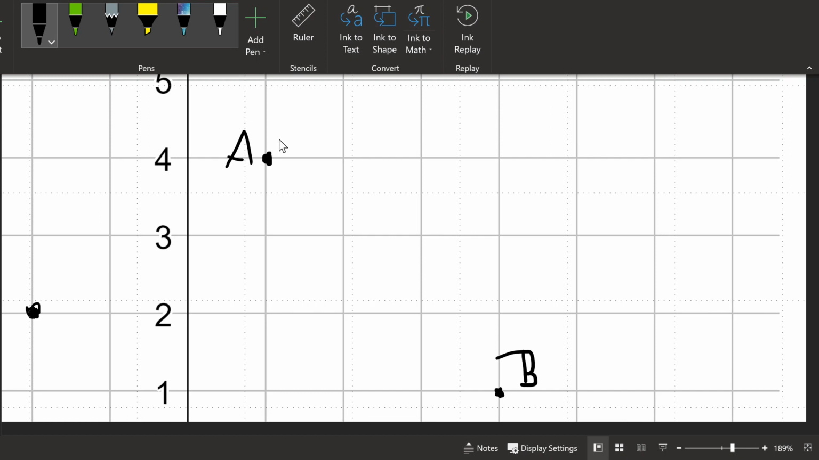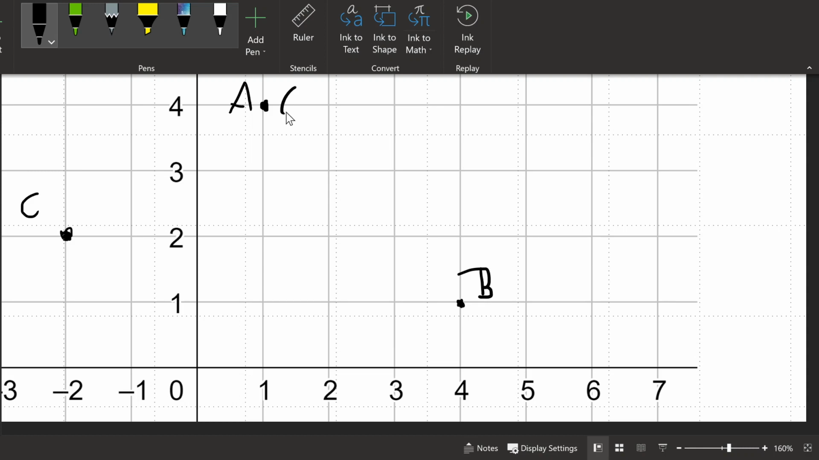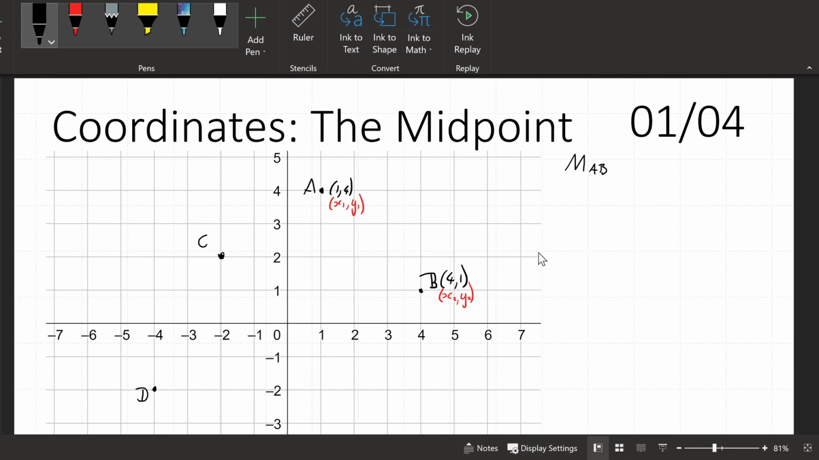So A, just quickly looking at this, is going to be at 1, 4, and we're going to label that x1, y1. And then B is going to be at 4, 1, okay? And we're going to label that x2, y2, okay? Now, we'll zoom back out again and we'll have a look at